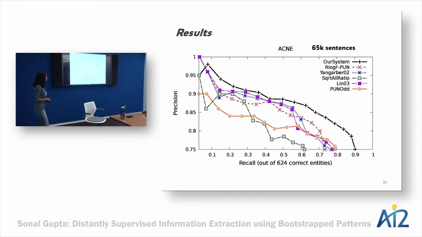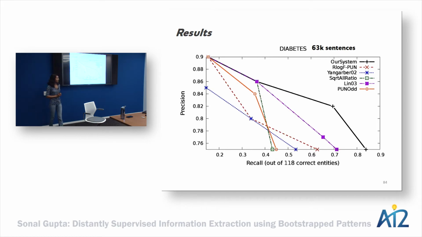So here is the result for acne, around 65,000 sentences. On the top is our system in the black line, and these are all the other baselines that we compare to. Our system performs better almost all the time. On the y-axis, we have the precision, and on the x-axis, we have the recall. This is for diabetes. All the systems perform pretty badly on it, and the reason is that it has a lot of home remedies